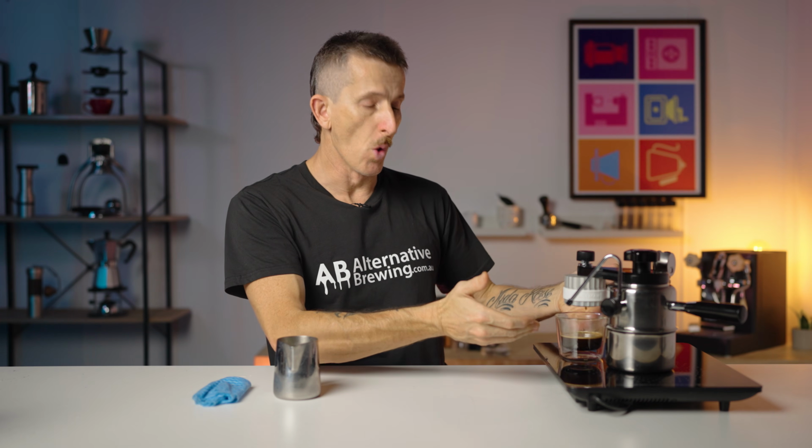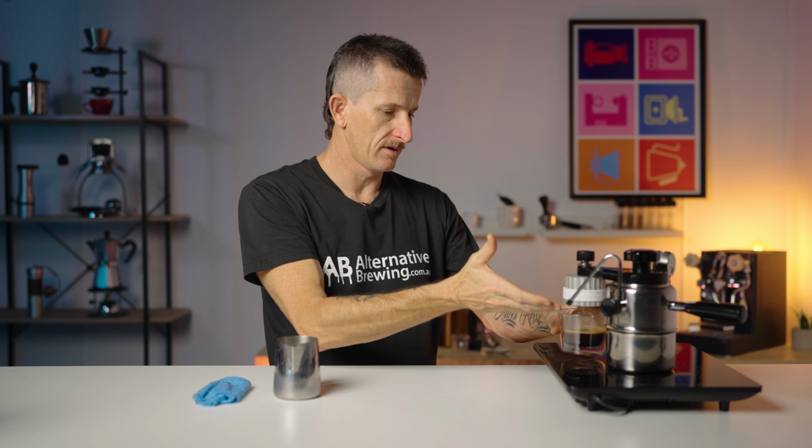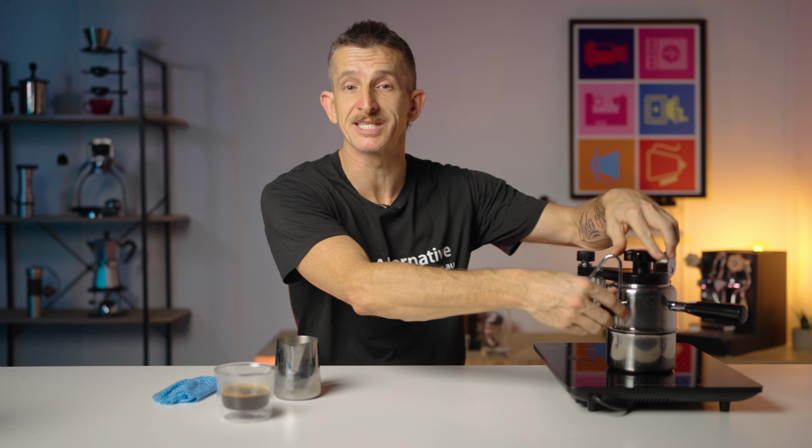And really, out of 20 grams of coffee in this basket, the most brew I would want to achieve is around 60 to 80 grams, absolutely maximum. Otherwise, you really will enter that territory of over-extracted coffee. I would say the ideal amount being around 40 to 50 grams. But turn the tap off, it stops brewing,